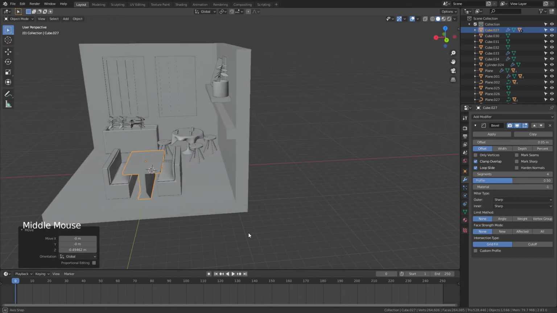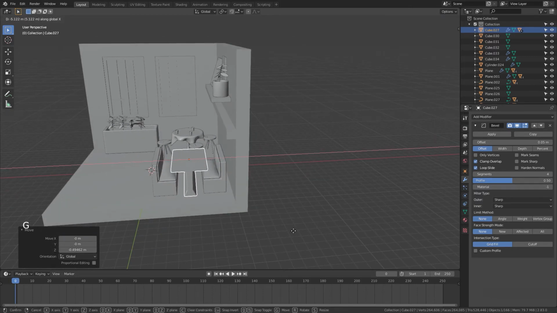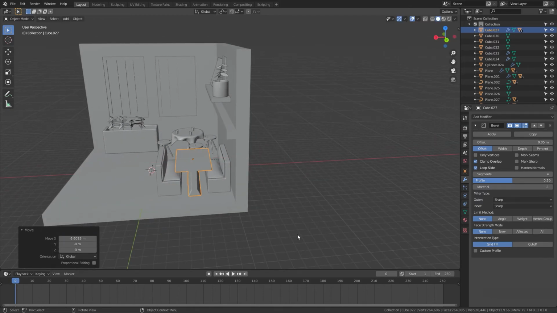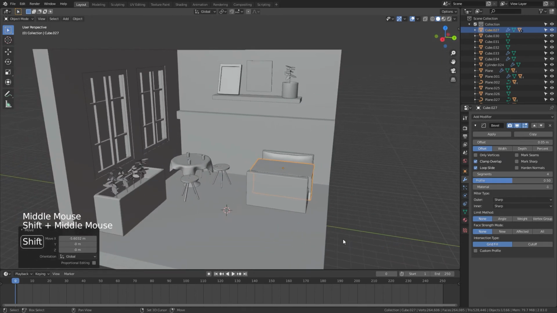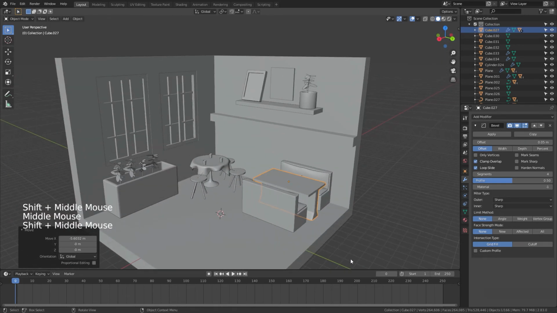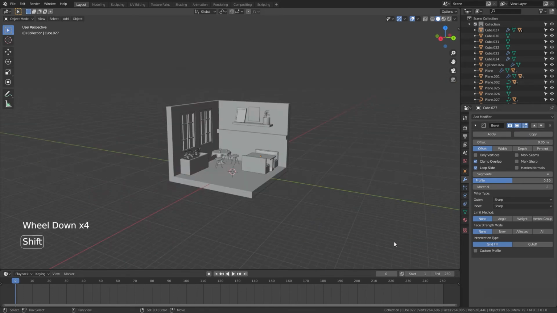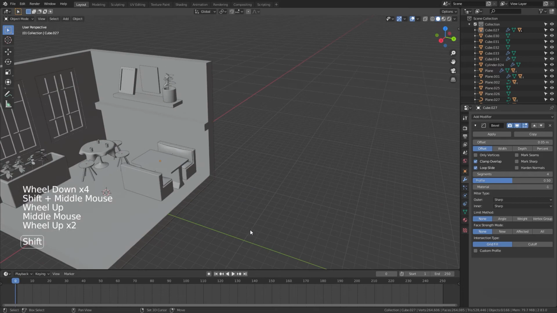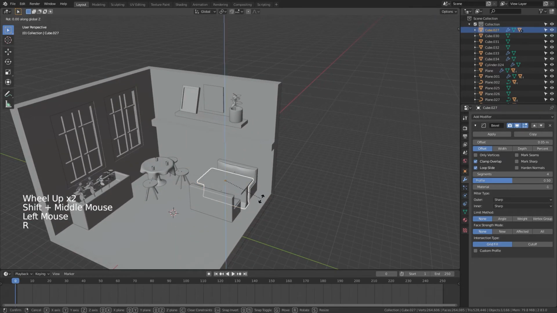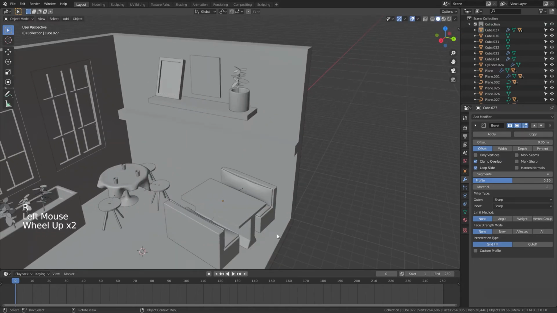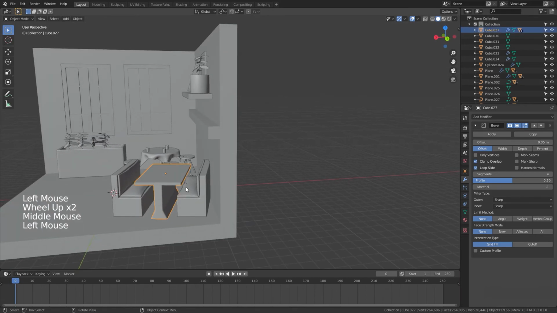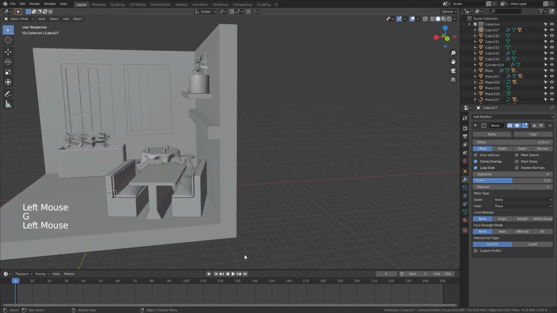So we will put this table here and it's a good place. And now let's see if we add some rotation. It's kind of better. GX and